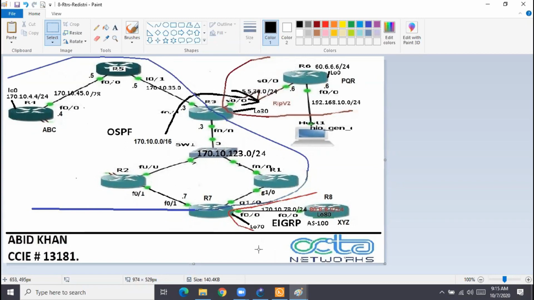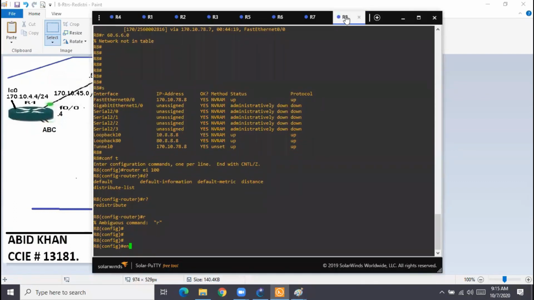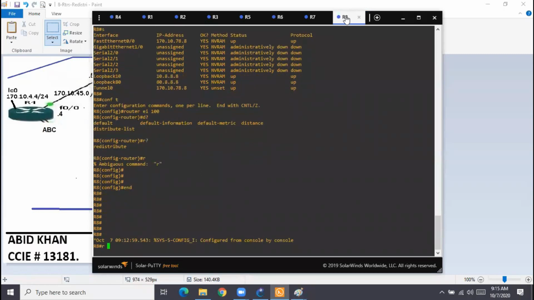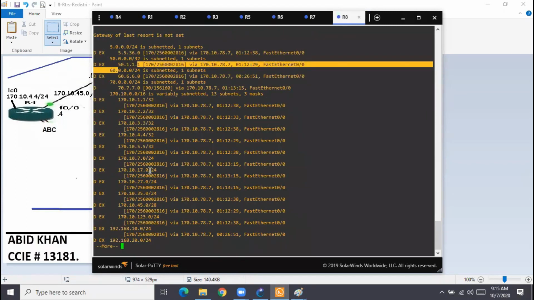You say yes, R8 is receiving some routes from R7, for example 170.10.4.0, and from R5 also 170.10.5.0, and from R3 also 170.10.5.0, like that. Even 60 also. Let us see now whether R8 has received 60 or not. There you see, R8 has this route 60, R8 has 50, and then all these 170 routes.